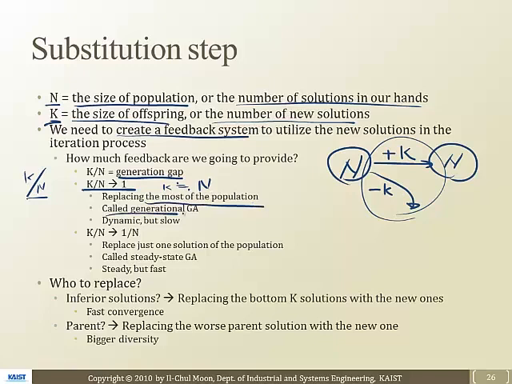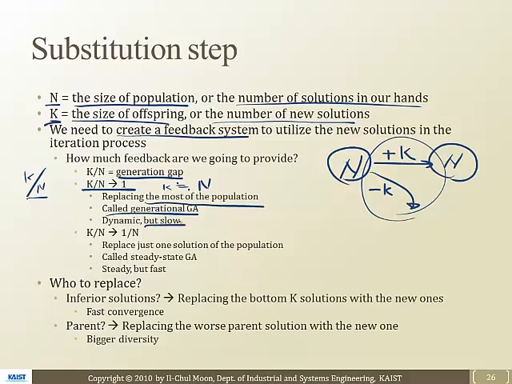It's called generational GA. It's a very dynamic change because you just remove all the parents and put all the children, and then remove all the children and put all the grandchildren. It's a very dynamic society, a very dynamic population, very changing. However,